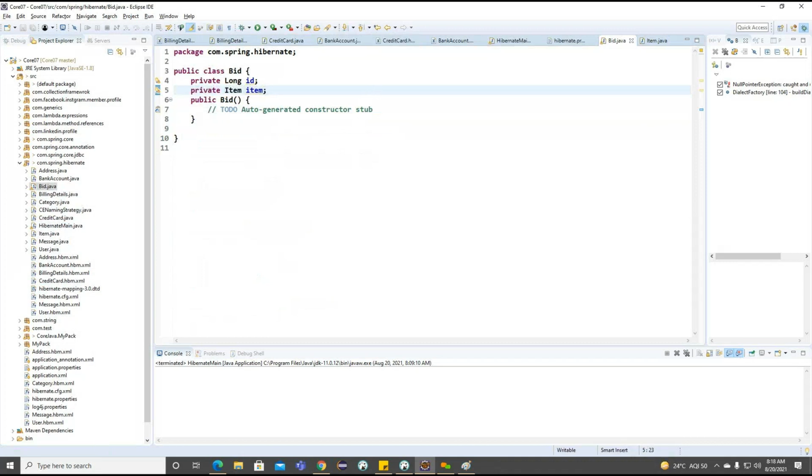So now back to this particular bid class here, we'll try to work on the item here. So how we can work with this particular bid and item to get some information here. So getting the point. If you observe here, bid and item will have a many-to-one and one-to-many association here. Getting the point. So we'll work on the one-to-many and many-to-one association. So once we are familiar with the one-to-one and one-to-many, we'll go for the many-to-many association here.